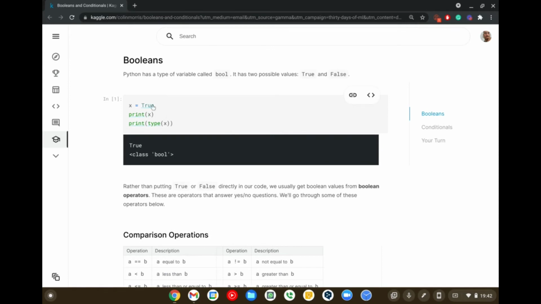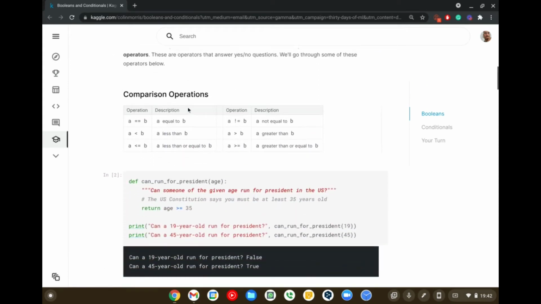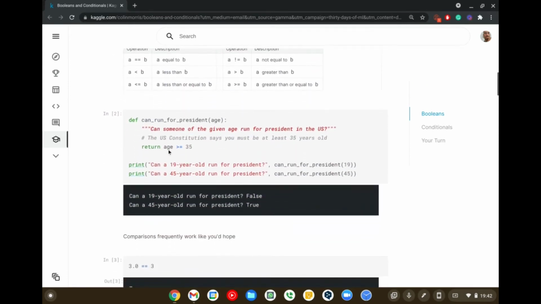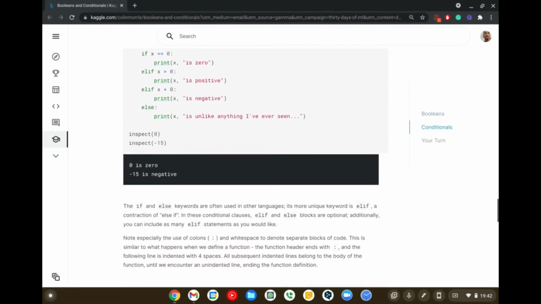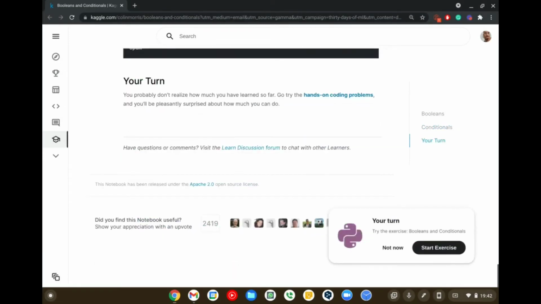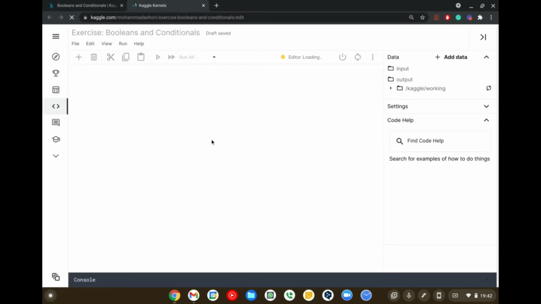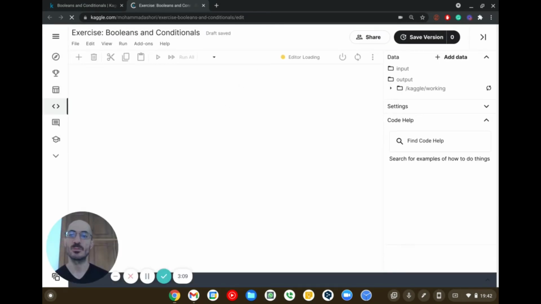It's teaching me this particular programming language. It's taking me into more detail. It's giving me examples here. Anyway, I scroll all the way down. These are all the things that I read. At the very end, I get to do some sort of a hands-on coding problem. So now I'm given an actual coding environment where I can create some code and I can practice and see